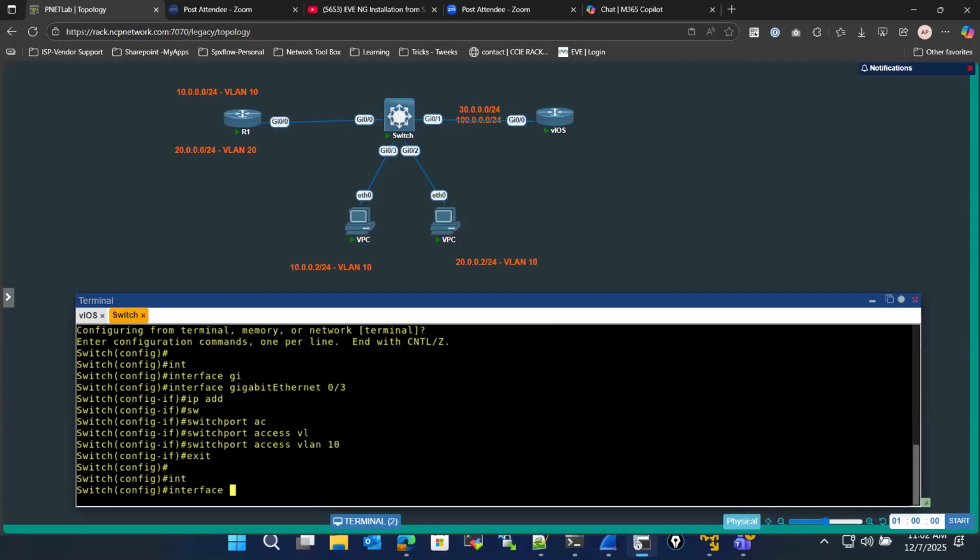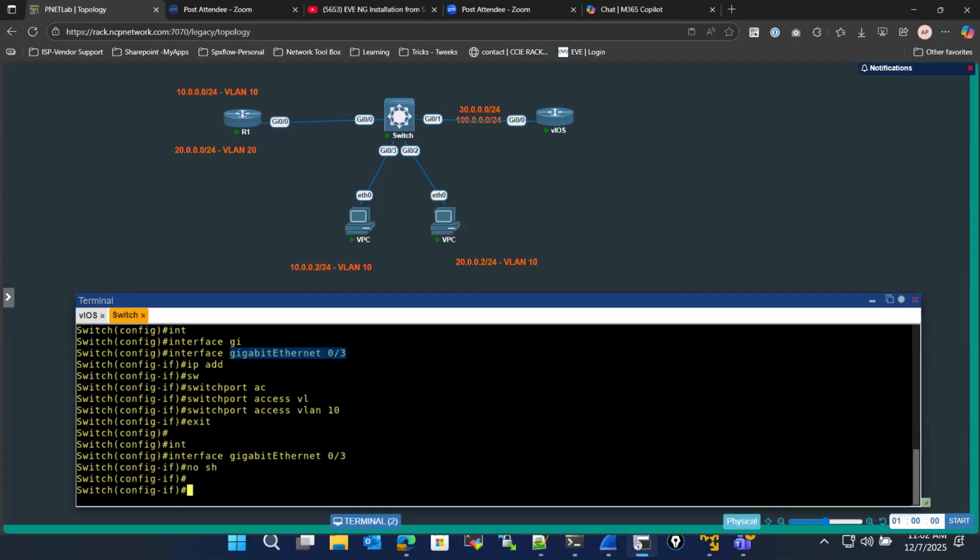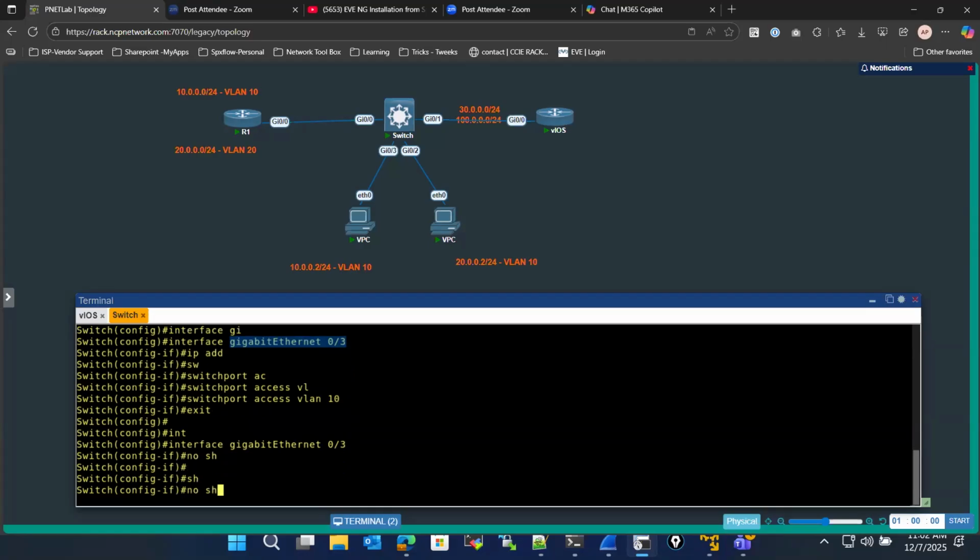And always, especially when you connect the VPC device, you have to bounce a port once. Most of the time I have seen it didn't work when you connect directly. You have to bounce the ports. That's the best practice you can always do when you connect a VPC device to the switch in